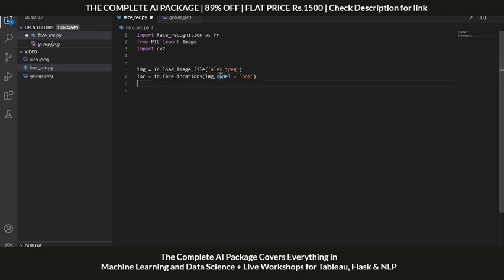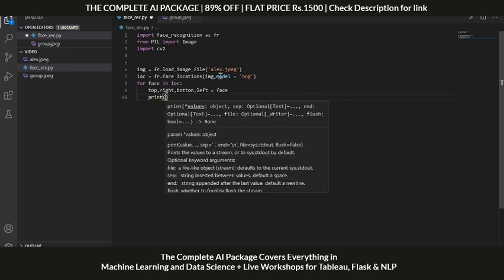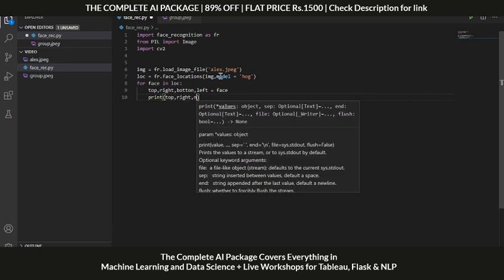So in order to do that, we'll have to run a loop. That means for location in locations, which is a way to run a loop. I hope your Python is clear, right? Yeah, you can say face in locations. I hope your Python programming is clear. And in this you'll have to just extract out from this face. So face is a tuple, and you can extract out numbers from a tuple like this: top comma right comma bottom comma left, and it will automatically assign values to these variables, right? You can verify it by printing print top right bottom